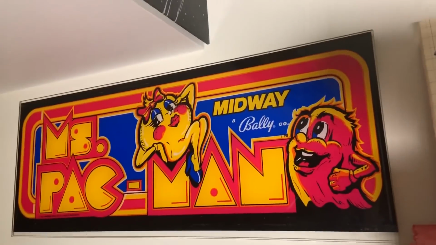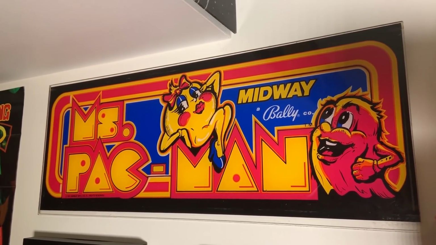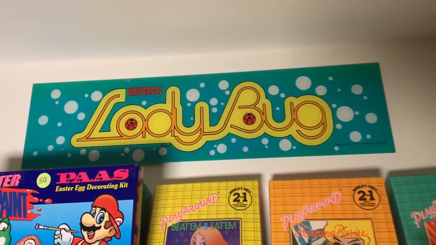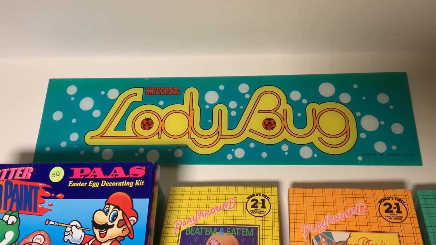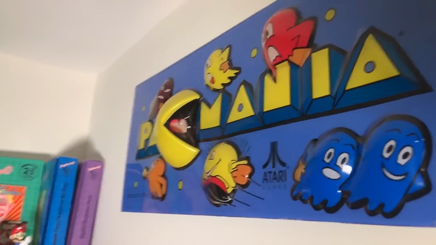This is my Miss Pac-Man marquee that isn't all faded. It's really nice looking. So I have it out here by my Atari collection. And up here I have Ladybug, which is a fun classic arcade game. Over here we have Pac-Mania. You'll see that it's,